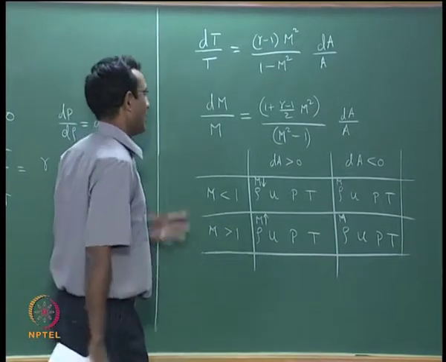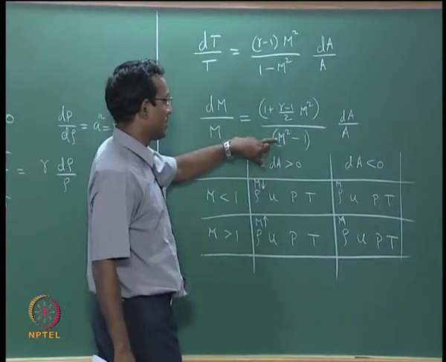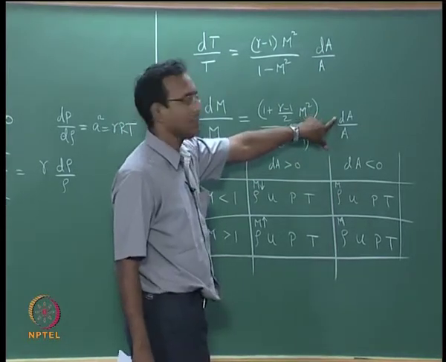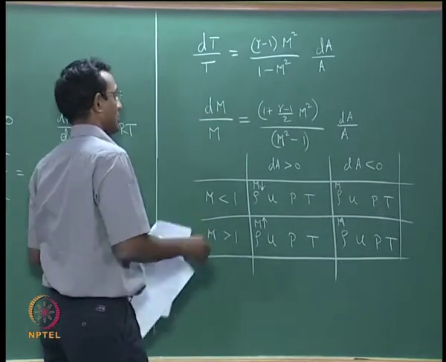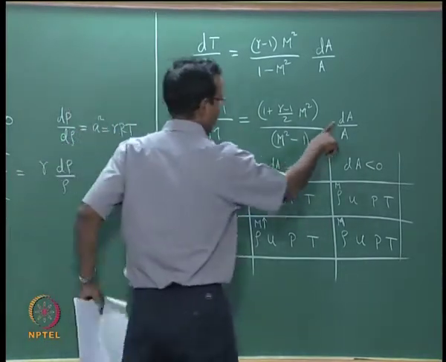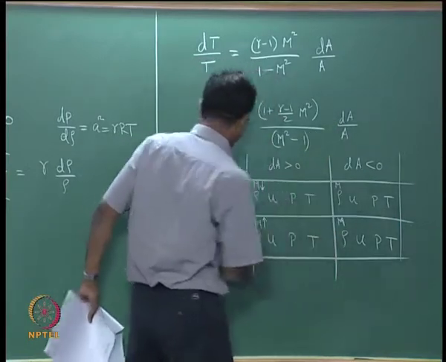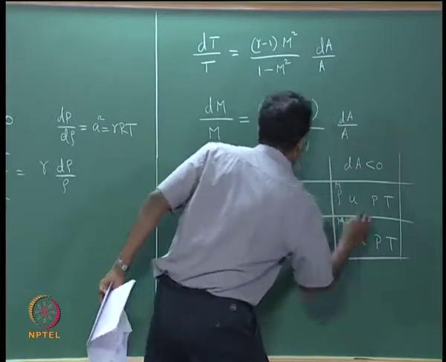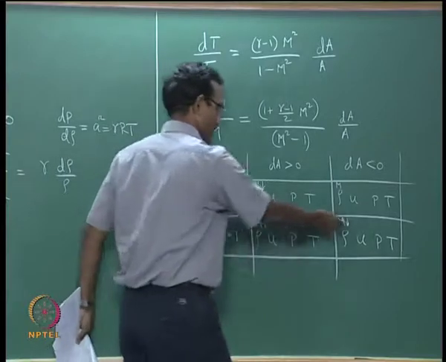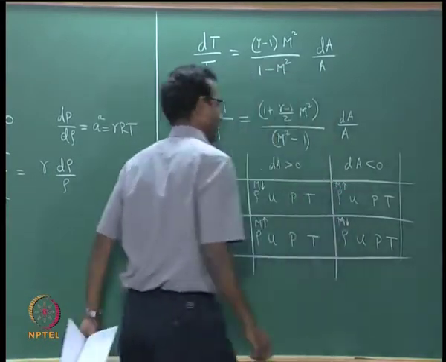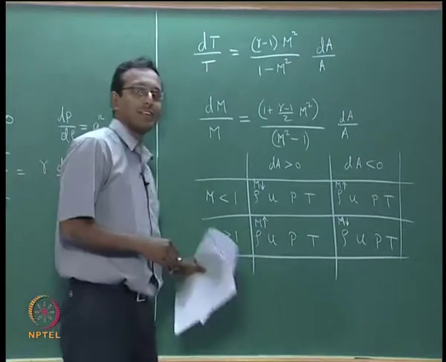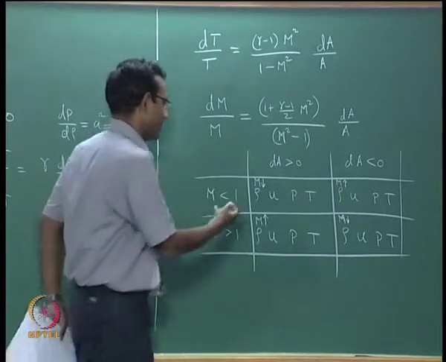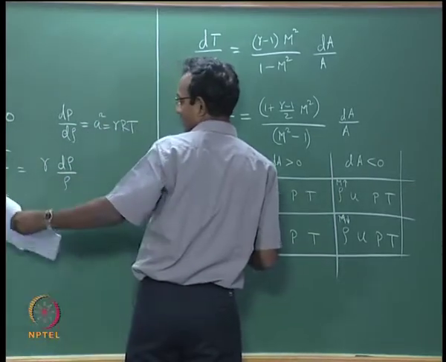Now, let us say I am considering a case where Mach number is more than 1, this is positive, and my area dA is less than 0, this will also be less than 0. So, I am going to have Mach number decreasing for the supersonic area decreasing case, that is this. And of course, you can prove that it will be the other way in here. It so happens that when Mach number increases, velocity increases. We have already seen it as a numerical example recently, and we have also seen it from looking at the expressions; you can tell the same thing.